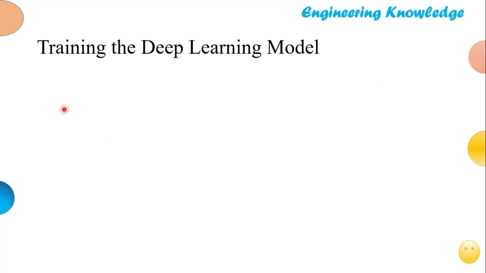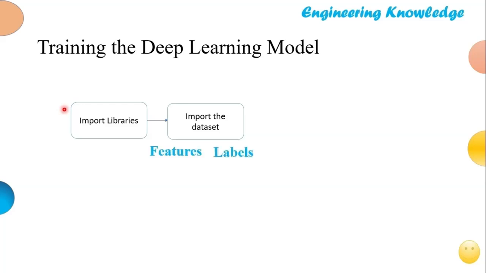How do we train the deep learning model? We first of all import all the libraries. We import a data set where we have features: x real, x imaginary, y real, y imaginary. All those four are features, and h is the labels. We perform pre-processing. We will make it into 0 to 1. We'll use MinMaxScaler and bring everything between 0 and 1, and then start.